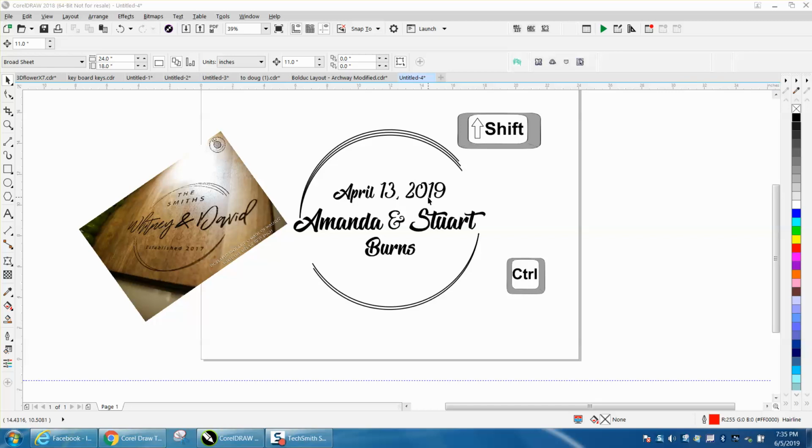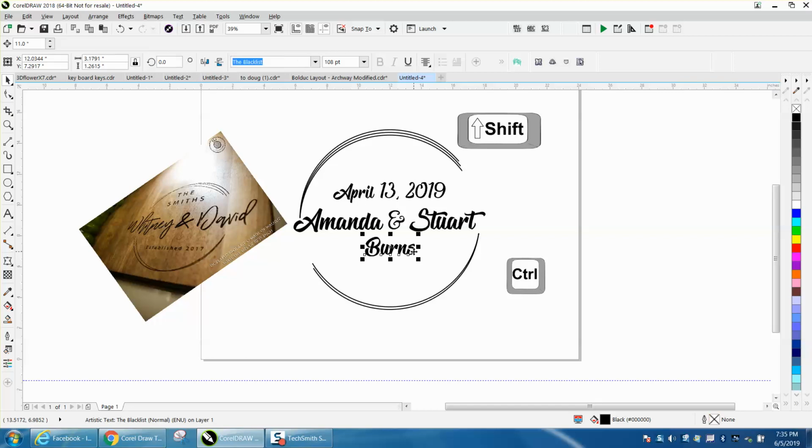I was working on a project for myself tonight, and I just started thinking this might be helpful. If you brought your text in and it was center justified, so everything's in the center, but you want to make the last name a little bit bigger